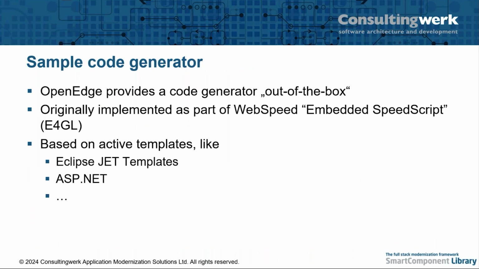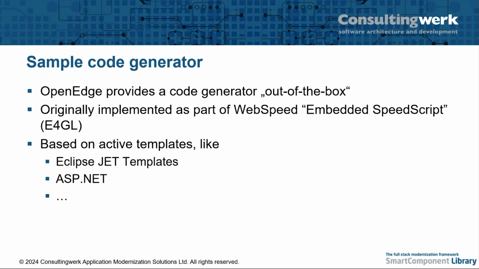The code generator that we provide, that we use, is provided by OpenAPI out of the box. We have extended it a little bit. Originally, this code generator was part of the RESTful tooling, the embedded speed script, which actually was designed to build HTML files with a mix of ABL code that's executed during the generation. But it's a very similar template structure to what Eclipse has in its JET templates, or Microsoft uses in ASP.NET